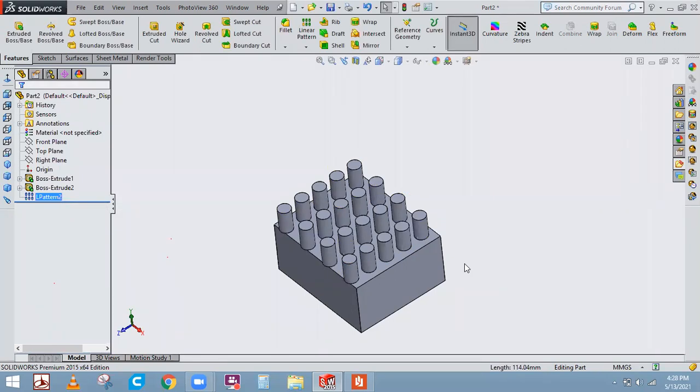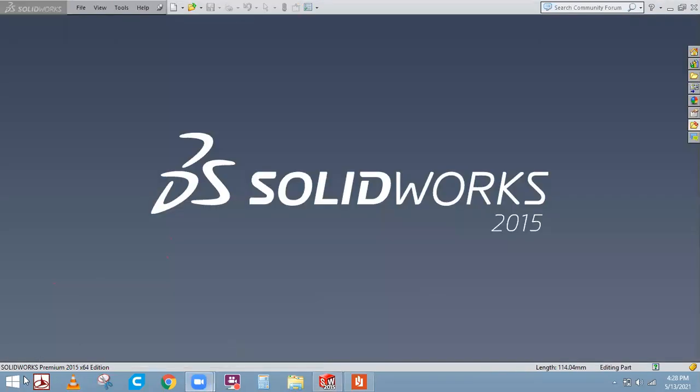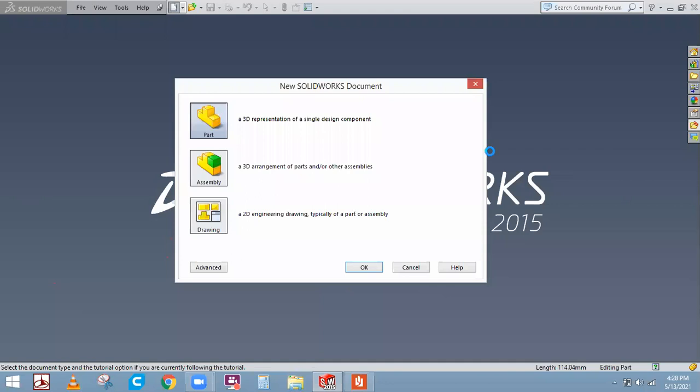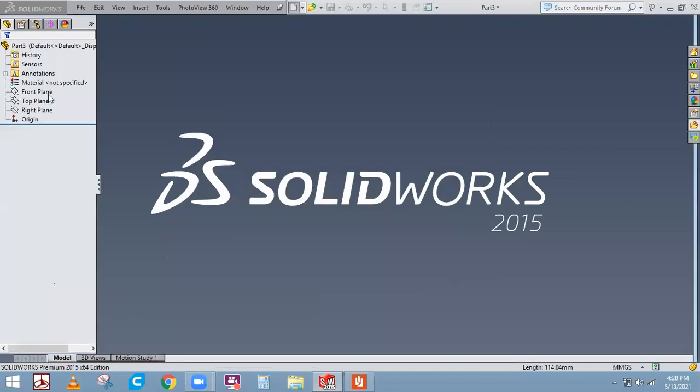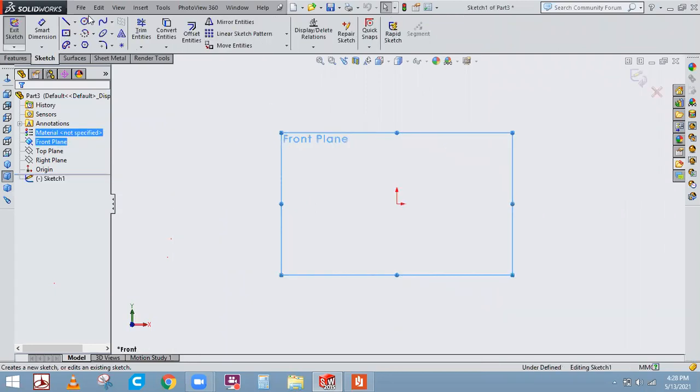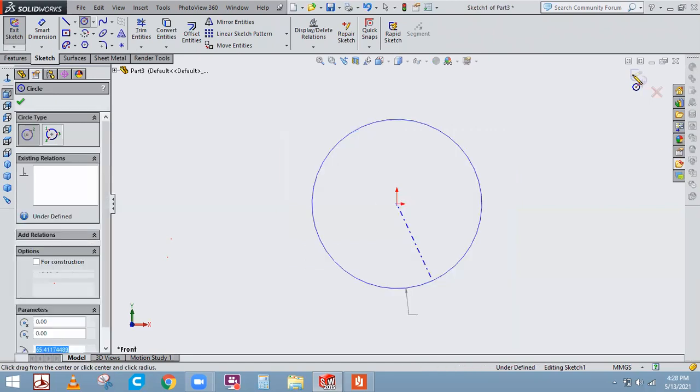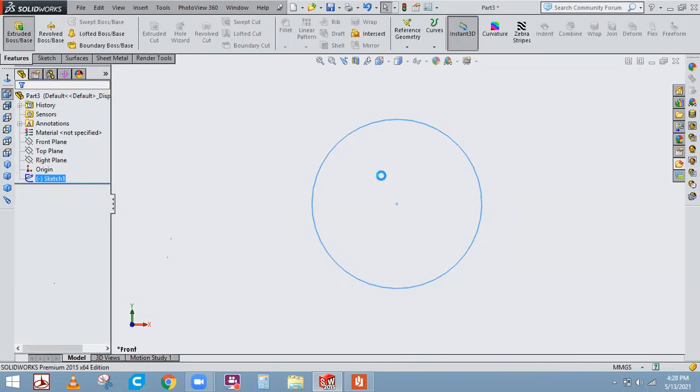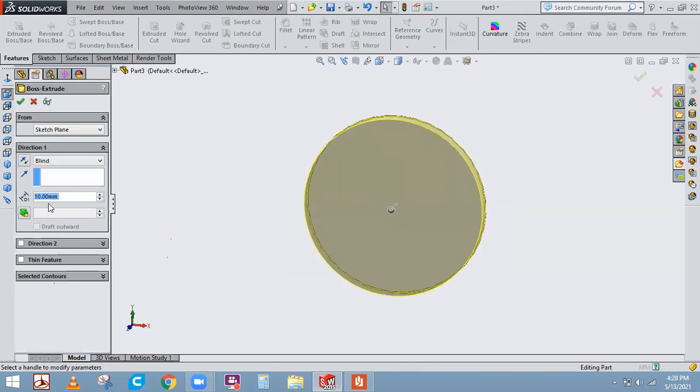No, sir. Okay. Now we'll just move on to this circular pattern. I'll just close this. Now I'll just go with this circular pattern. To make the pattern circular, I have a circle, and I'll show you a beautiful tool.